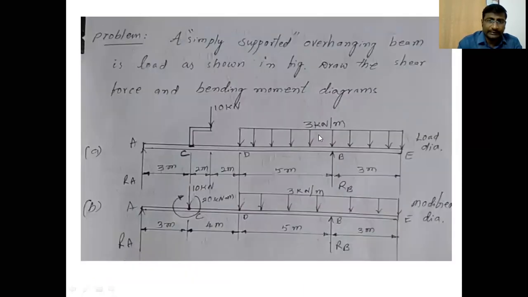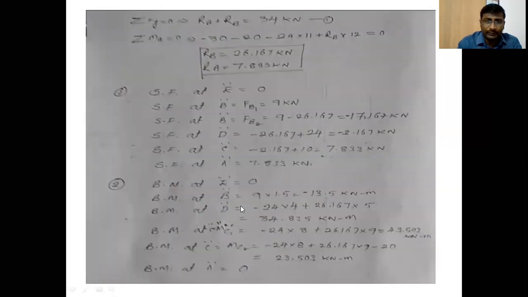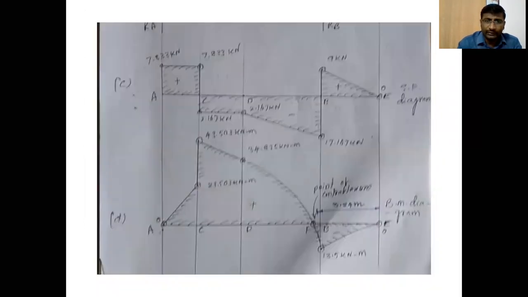Then shear force at point D. What is the shear force at point D? Shear force at point D is minus 2.167 kilonewtons. It is also on the negative side, but its value is much less than the 17.167. So locate the point 2.167 at point D by drawing the vertical line at point D. On that vertical line of D, locate the point 2.167 kilonewtons on the negative side. Because 17.167 is far away from the baseline, the point 2.167 is nearer to the baseline.